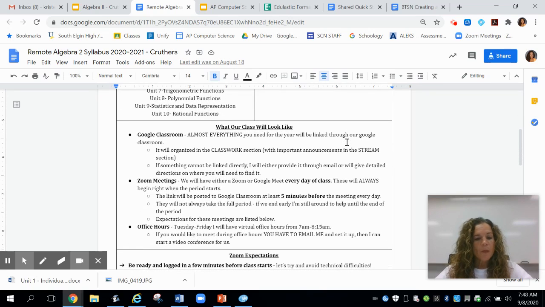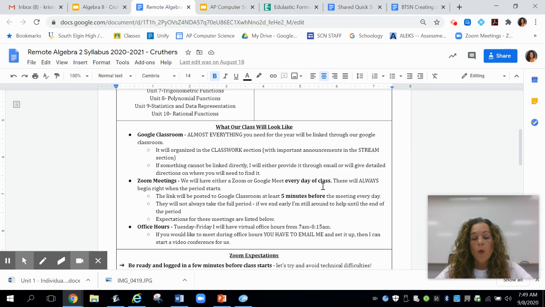As you can see here, almost everything they're going to need is going to be on our Google Classroom. It is organized in the classwork section. I have quite a few things on there where there's a homework section, so they can find that right at the top. There's an area if they would like to print any of the worksheets that we have. They don't have to, but there's an area just for that for each unit to make it a little bit easier. The syllabus is out there, the one that you see here. And then for each unit, I have it organized by day, and that pops up every morning for them. That tells them what we're going to do that day, as well as any specific sheets that they might need. If there's something that I can't put on there, then I will either email them or give them directions on